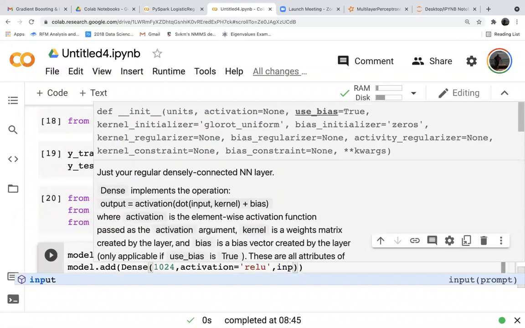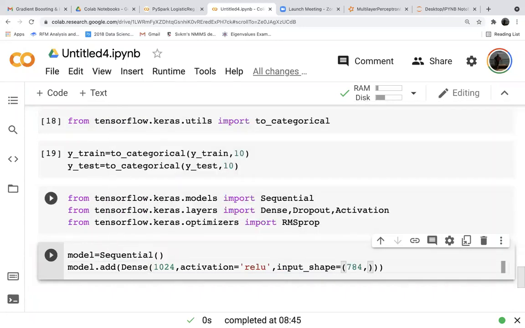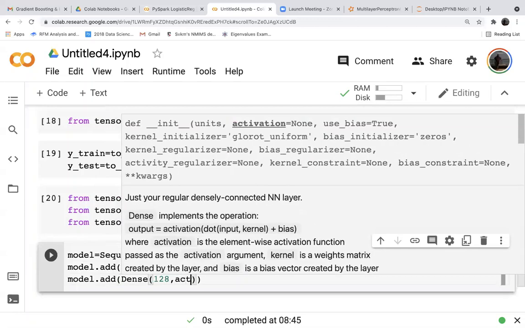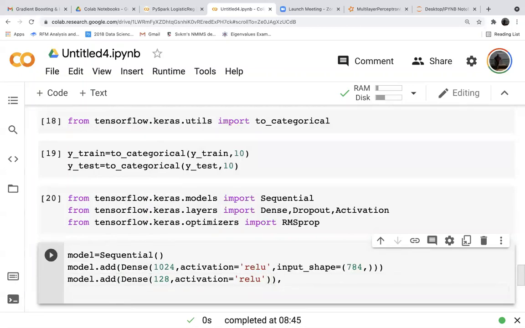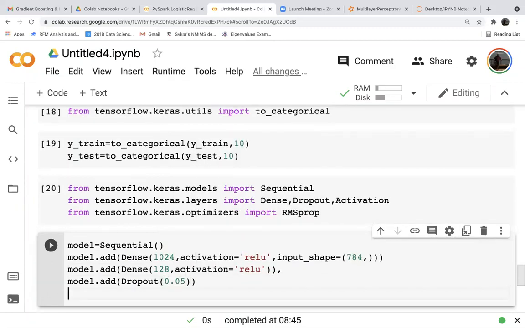Then model.add(Dropout), the dropout rate is 0.05. So we're asking to drop out 5% of the features.